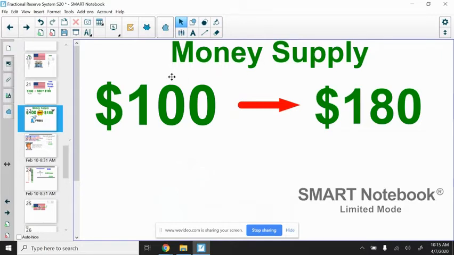poof become $180? Well, if all the money was entirely backed by, let's say, a commodity like gold, at this point there would have been $100 worth of gold circulating the economy. Somebody discovered a mine, and now there's $180 worth of gold. But not only has the money supply increased, but what the money represents, which is called gold itself, has increased.